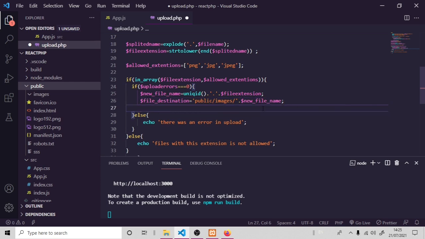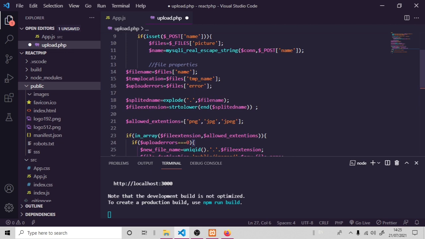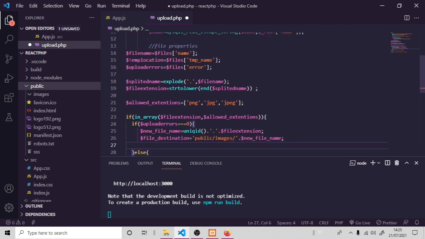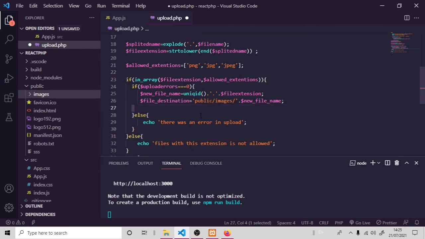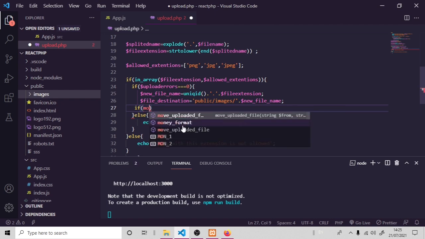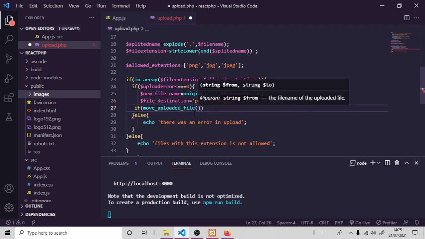So what we are going to do next is to push our file from the file temporary location, where the file is located right now, to the new location, which is the file destination here. So we can do the if. We are going to use the if to do that. If we have pushed the file, then we want to send the information back to the user that we have actually pushed the file. So to do that, we are going to use the move uploaded file method, which is going to take two parameters. The first one is where we are moving the file from and where we are moving the file to. So it's going to be the